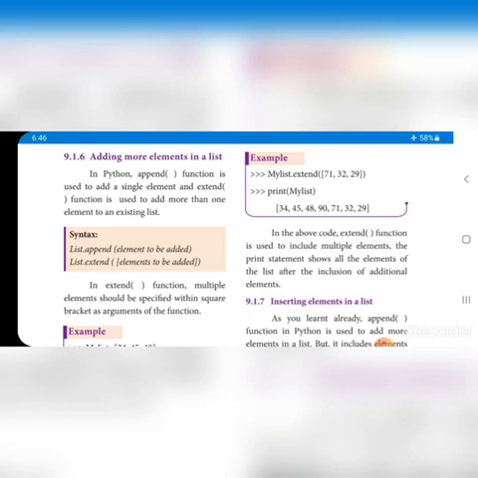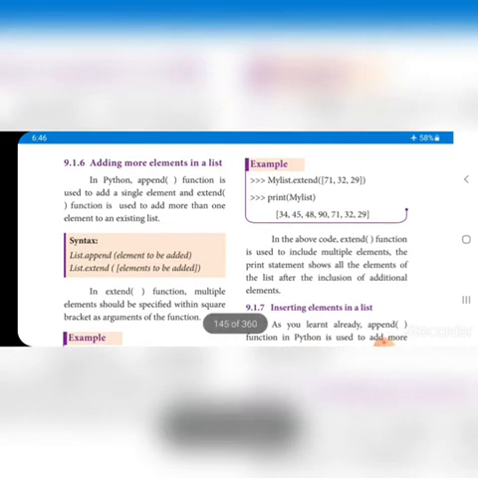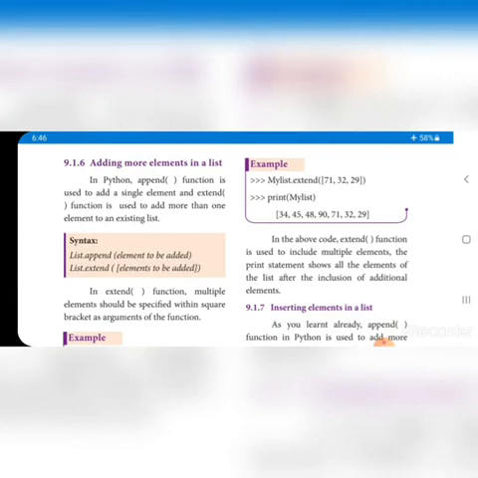That means we have two functions, append and extend. Both functions are used to add elements to the existing list. Already elements are there, but we add some more elements, right?